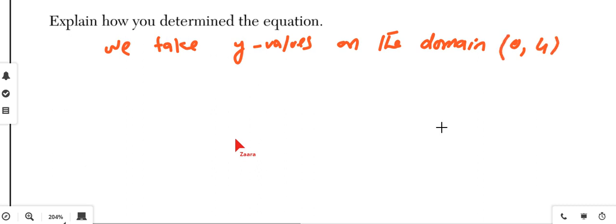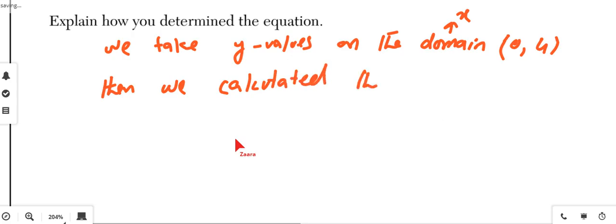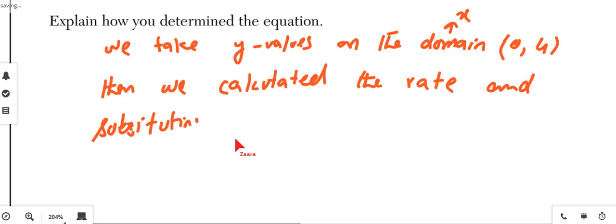Domain means these are the x values, and when we do that, we find the rate. And by substituting the y-intercept,